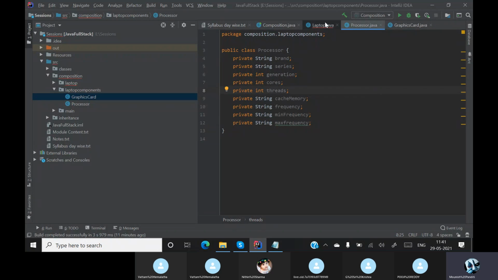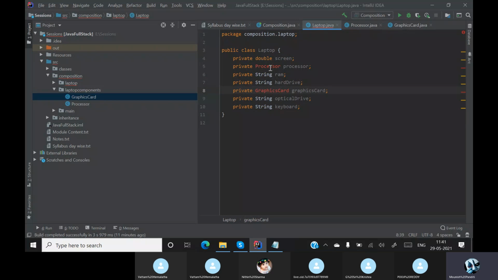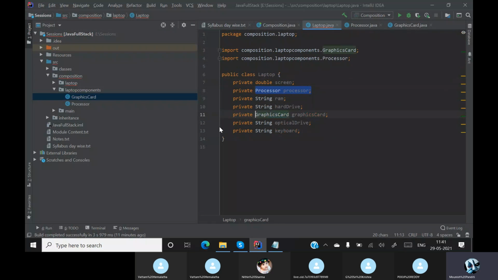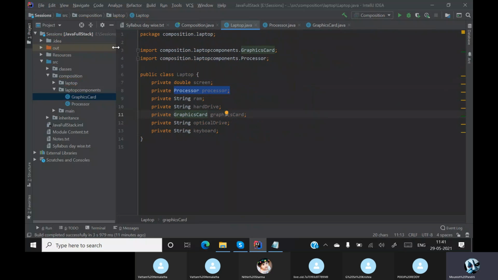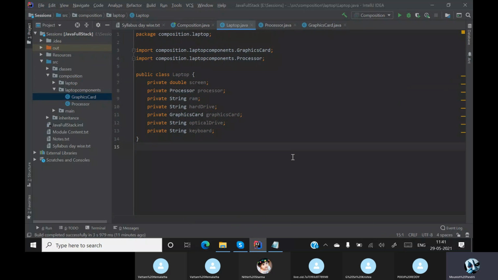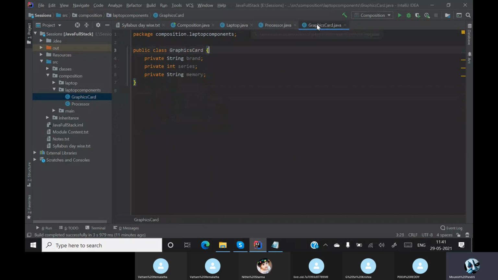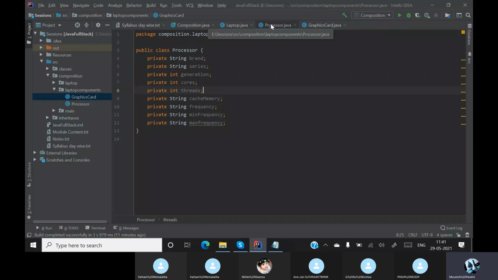Otherwise it is okay. If you know how a laptop works and what are all the components of the laptop, then that is enough. I am importing these two classes. My importing is done. Okay, till now did you understand? We just set up all our properties of our graphic card as well as my processor.